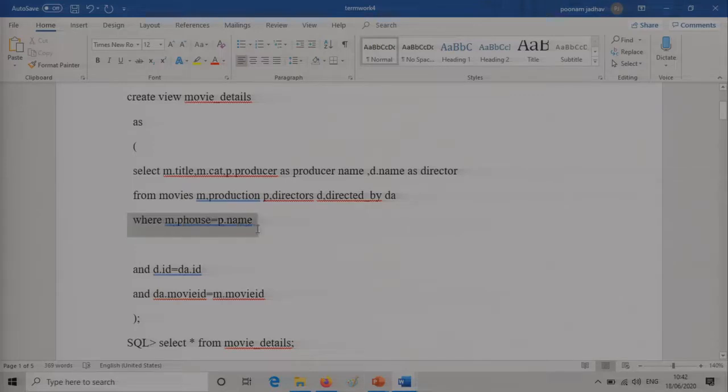Okay, so directed by is another table, which is the relationship table.